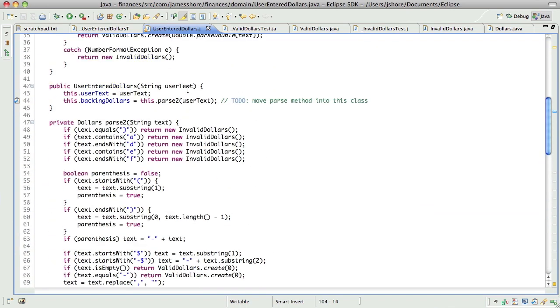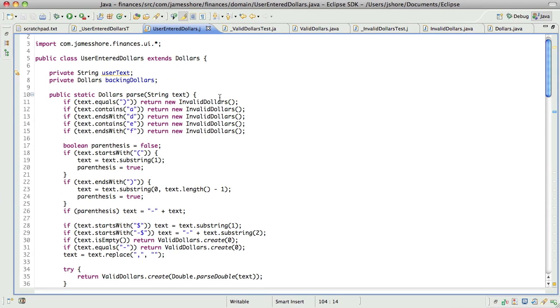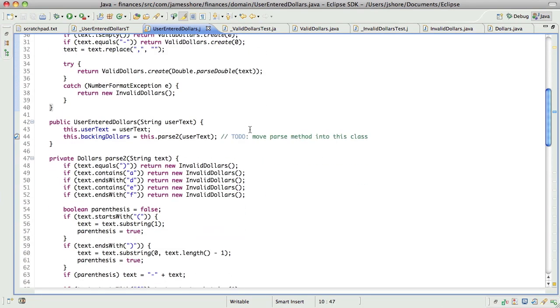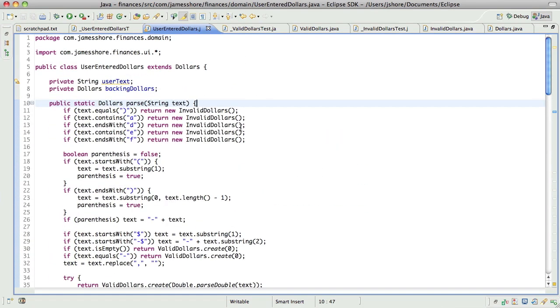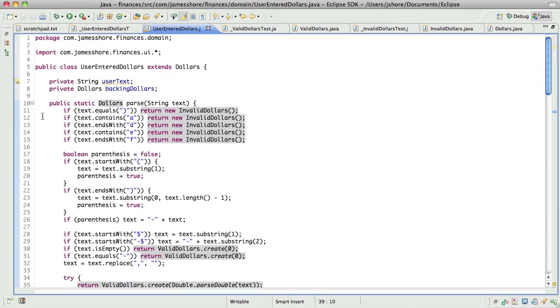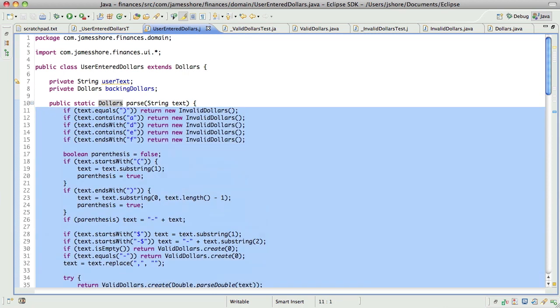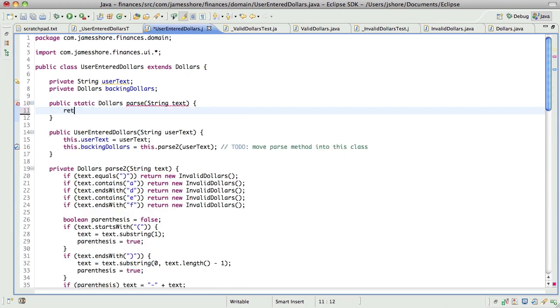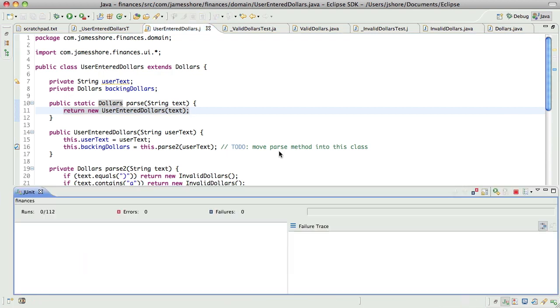Got parse implemented twice. It's time to get rid of that. So now that render is implemented, I think the reason this code wasn't working before, back in episode 161 or 162, whenever it was, is that render didn't exist, and so the test was relying on render working properly. So that was a nice catch on the part of that test. Now though, we should be able to just say return new UserEnteredDollars text and have it work. And fingers crossed,